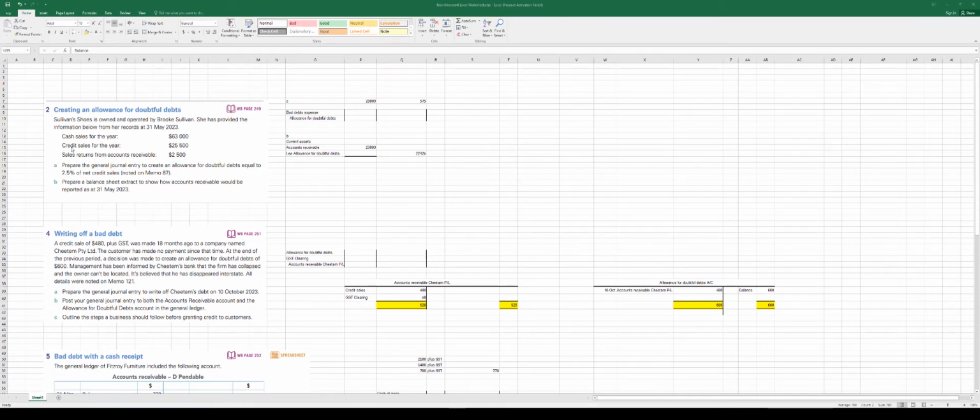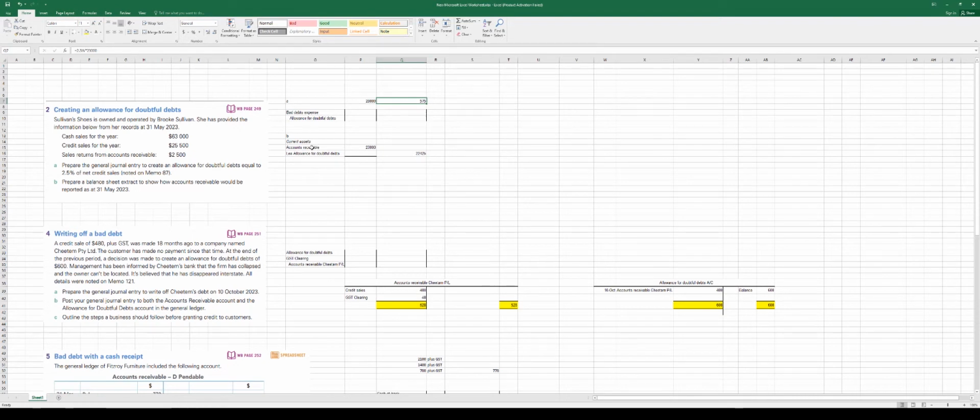We have to take the credit sales for the year less the sales returns from the accounts receivable. And that's how you come up with the $23,000, which is the net amount of money that the accounts receivable is owing us. Now, 2.5% of net credit sales would go under allowance for doubtful debts. So 2.5% of $23,000 is